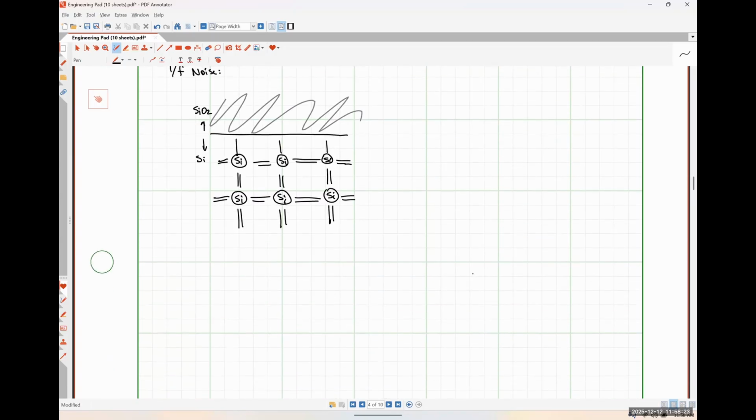So our 1 over F noise spectral density, V 1 over F squared with a bar over it,